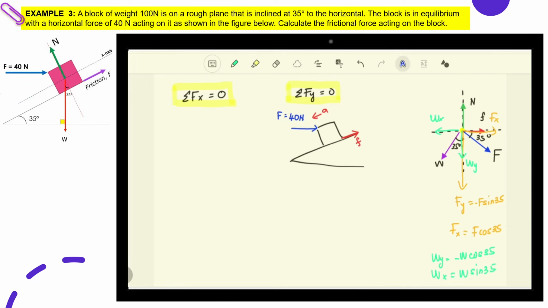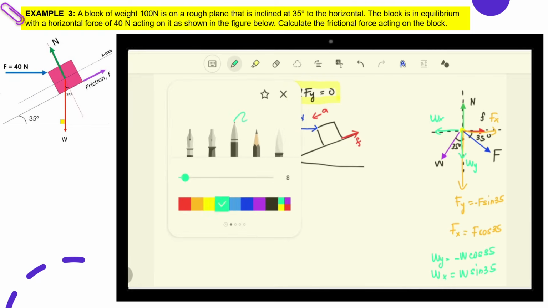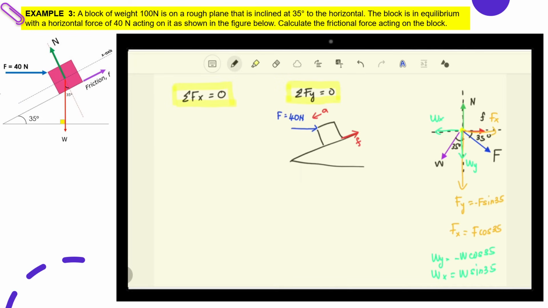So now let's write the equation. Okay, so we have Wx plus negative frictional force, which is opposite direction, and plus negative Fx, is equal to 0. So Wx is equal to, now look at here, we have Wx is W sine 35. So it's W sine 35